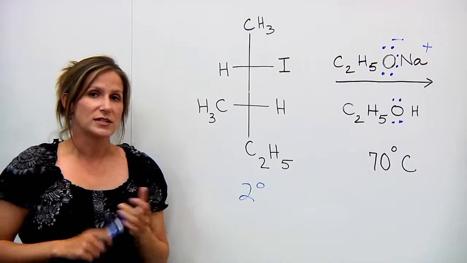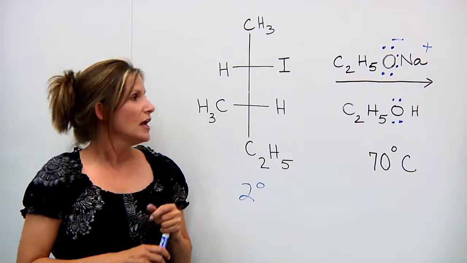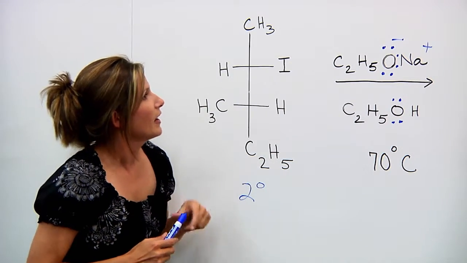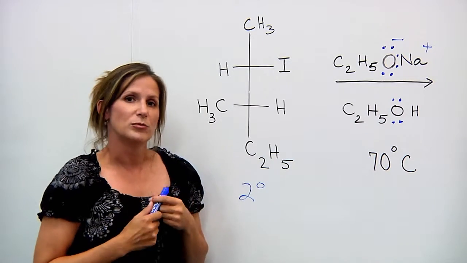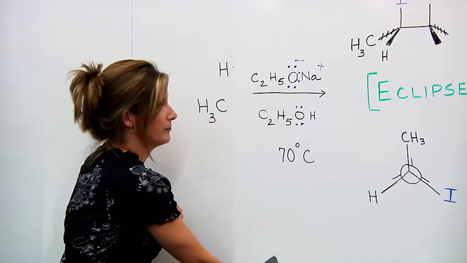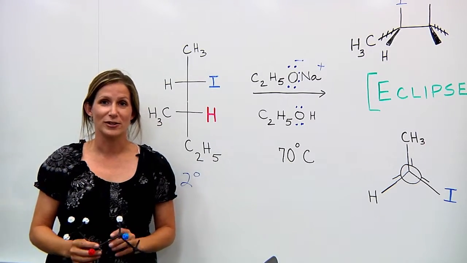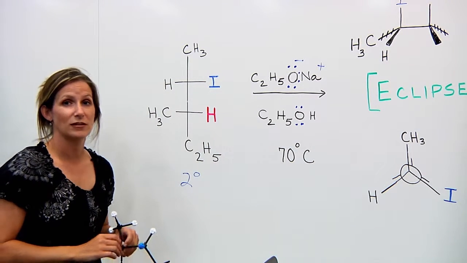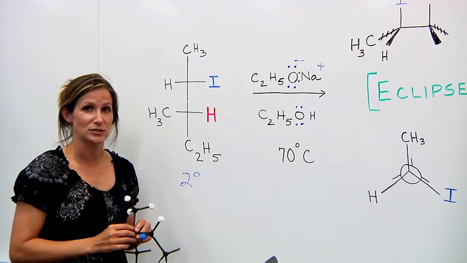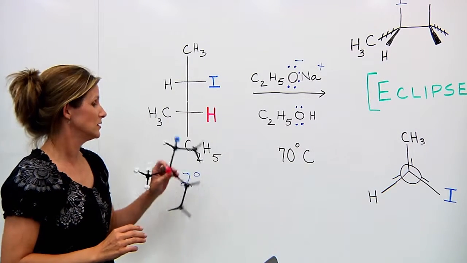Stereochemistry is something that we need to consider with E2 reactions, and we can do this by interconverting the molecule to a dash-wedge formula and Newman projection. E2 reactions are very stereospecific. They require the iodine and hydrogen to be in the anti conformation in order for the reaction to occur and the double bond to take place.